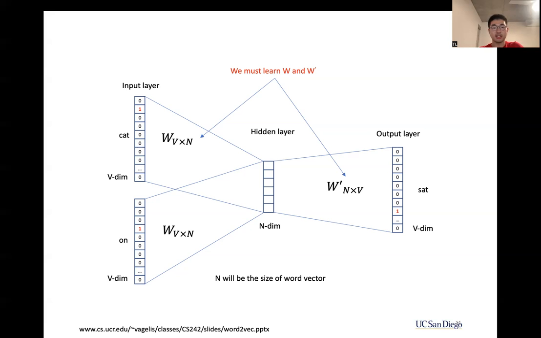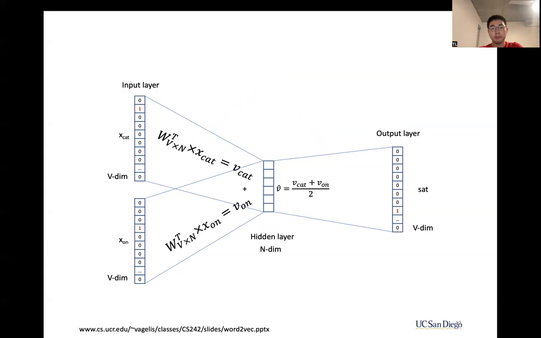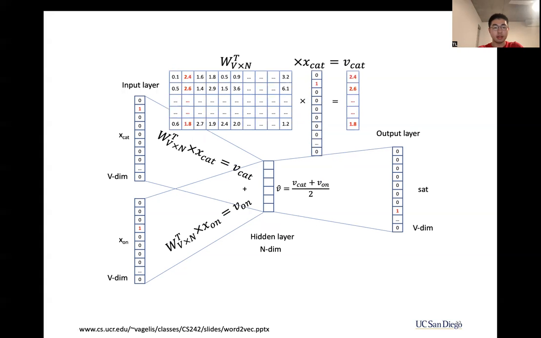And the whole architecture is actually an encoder-decoder architecture. What we want to do here is learn the W matrix and the W prime matrix. After the learning process, this is the lookup table we obtain. Here I need to mention that the word matrix times the one-hot vector means we actually select the column that contains the embedding of cat. And in this example, it gets the embedding of on, and we do an average, go through the inverse transformation, and go through a softmax, and we will get the